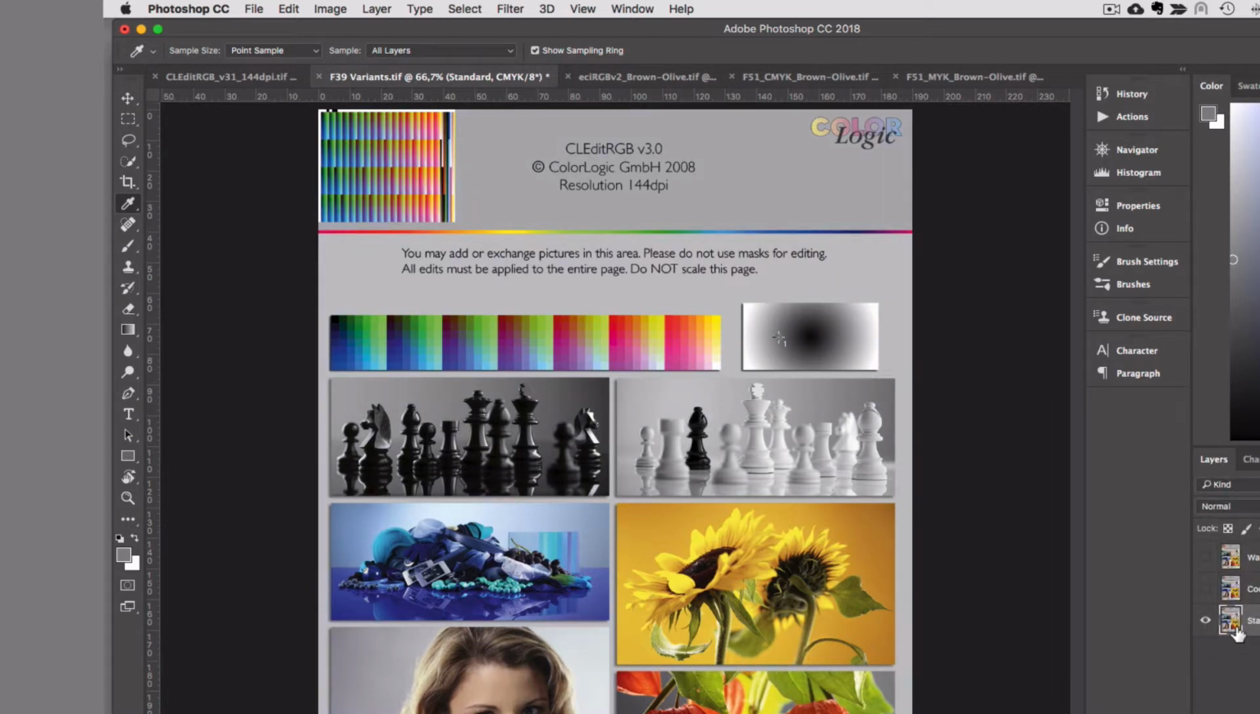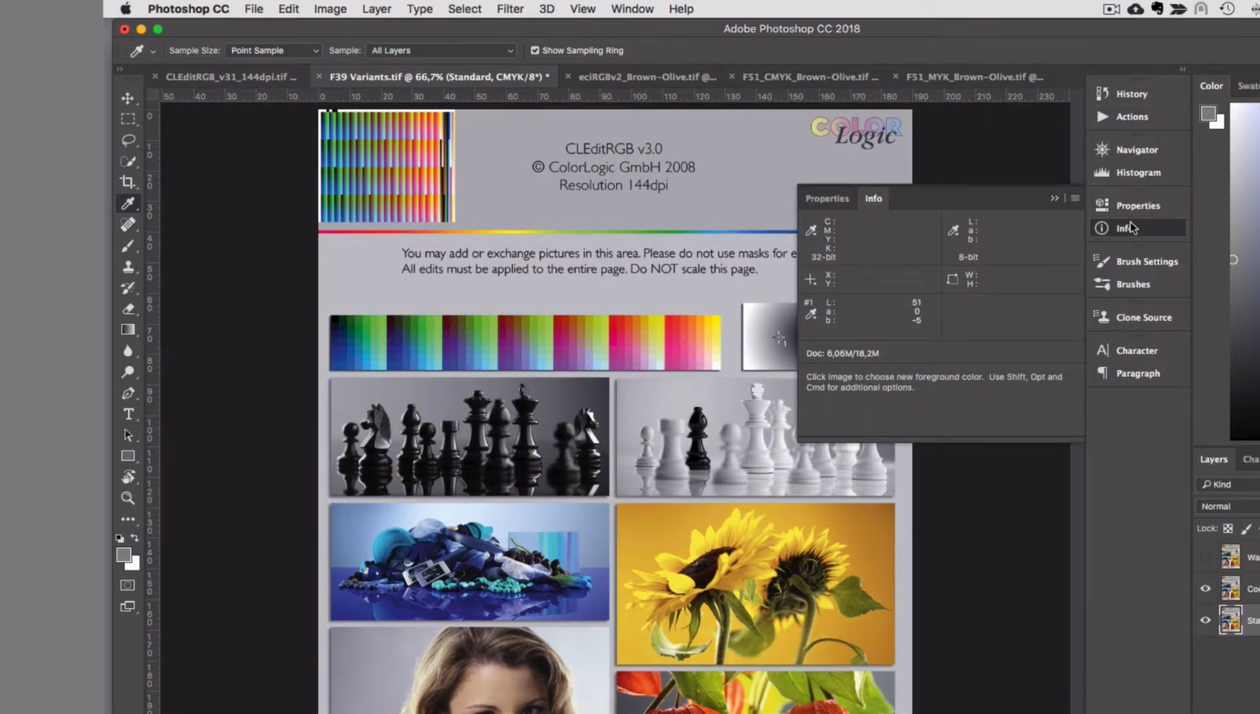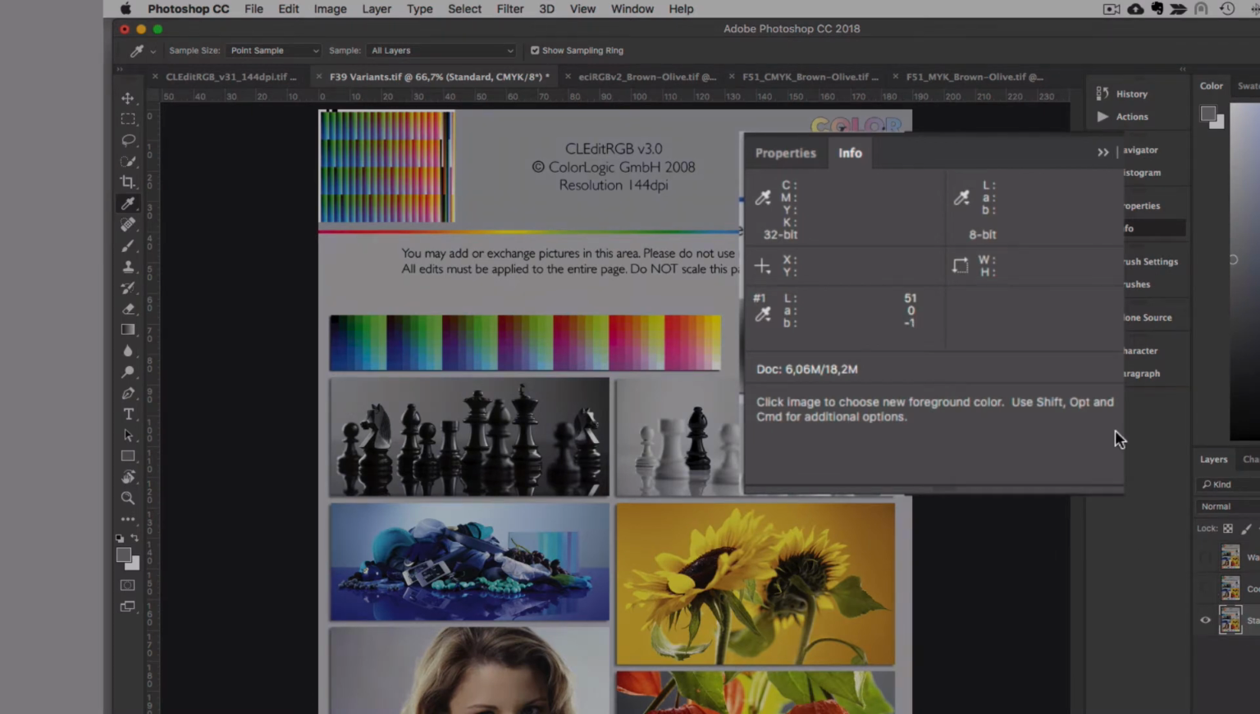let's see it here. That's the variant with the gray balance not changed. So it says the setting is 0. If I make it a little bit cooler or a little bit warmer, you'll see directly what the influence of that is. And if we're looking into the info palette here, we can see as well the change in the